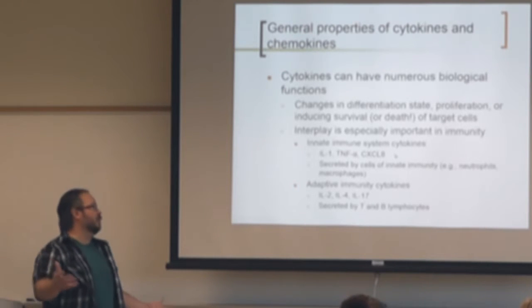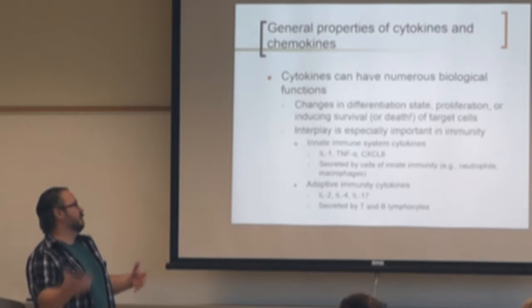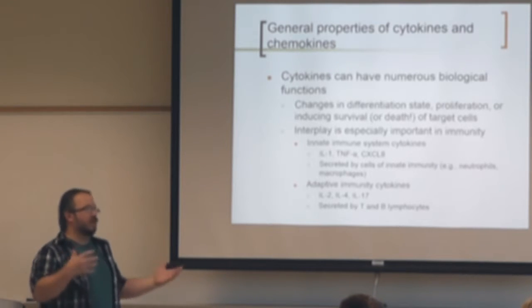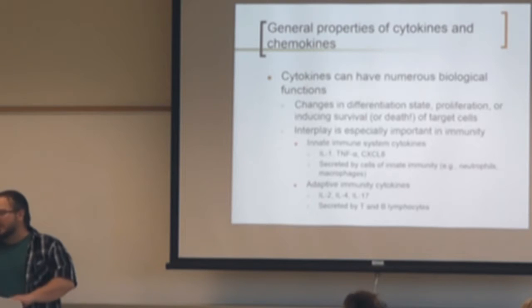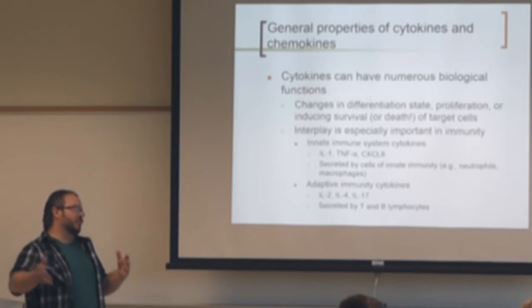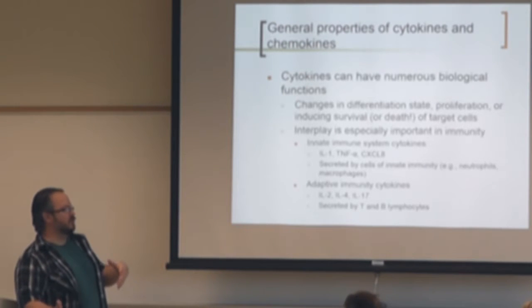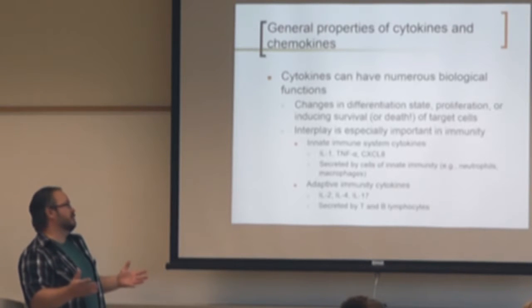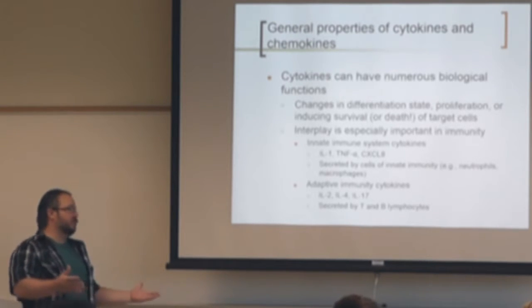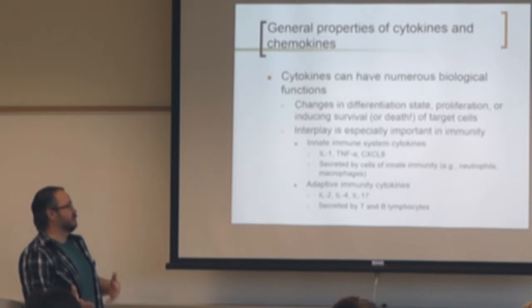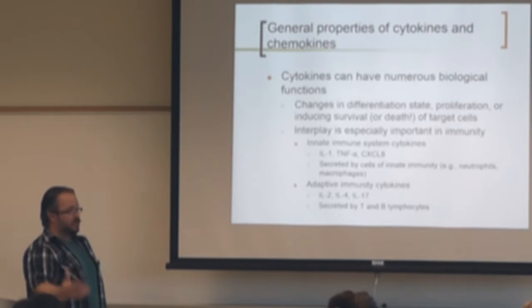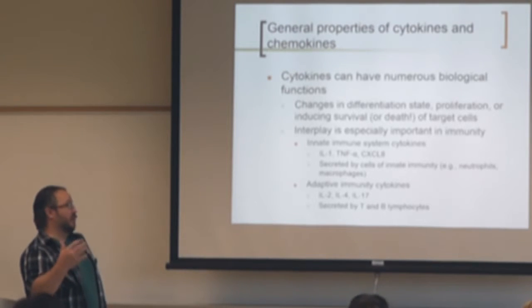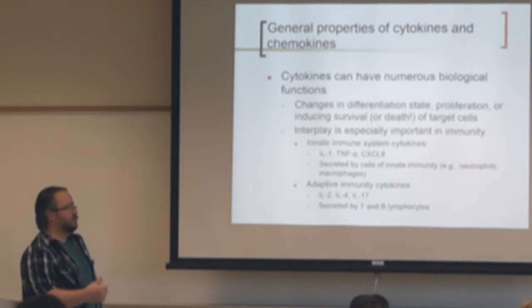And there are other cytokines that might give them a signal to die. Sometimes the same cytokine, depending on concentration, how long it's binding, or the combination of cytokines, might induce one signal in one situation and a different signal in a different situation. We'll talk about the TNF family, how some of those are important in inflammation and inducing an immune response, but they also can induce apoptosis.